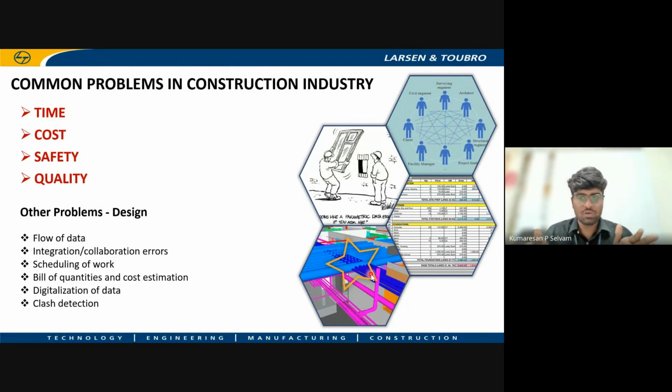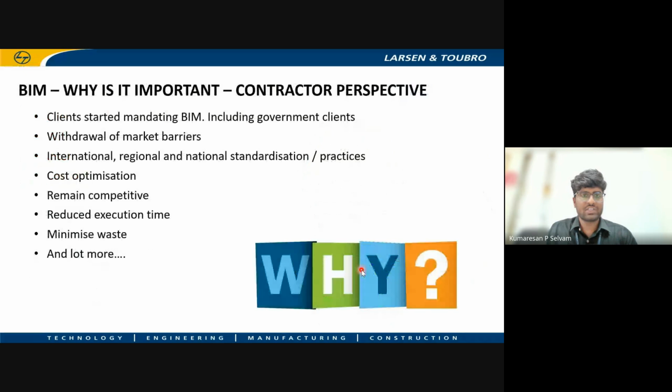And only during the construction will people realize that there is a clash between the electrical and mechanical ducts here. Whereas in a BIM model, you can identify the clash right at the start, and you can avoid the clashes, or check for clash detection.